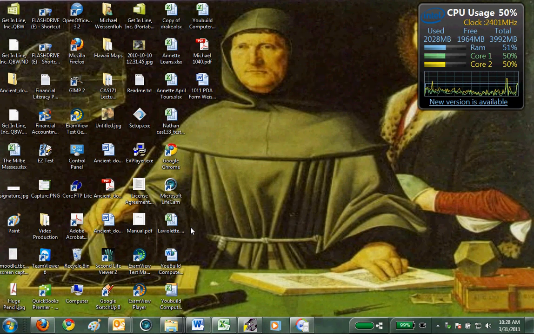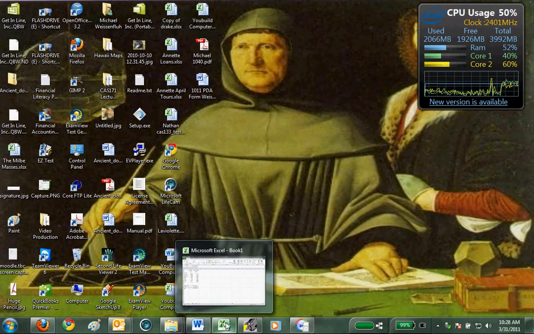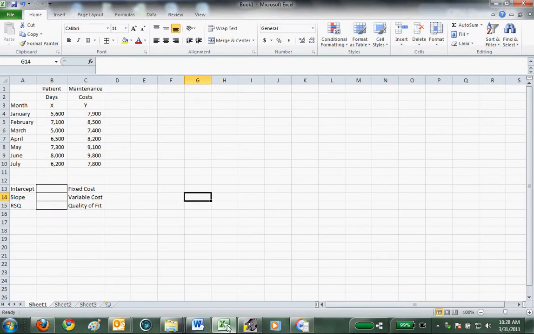Okay, I'm going to show you two ways of doing the least squares regression alternative to the high-low method. It's the more accurate of the two, and the formula, longhand, is sort of criminal, and this way we can use Excel and do it very simply. So here's an example very similar to the ones in the book, and